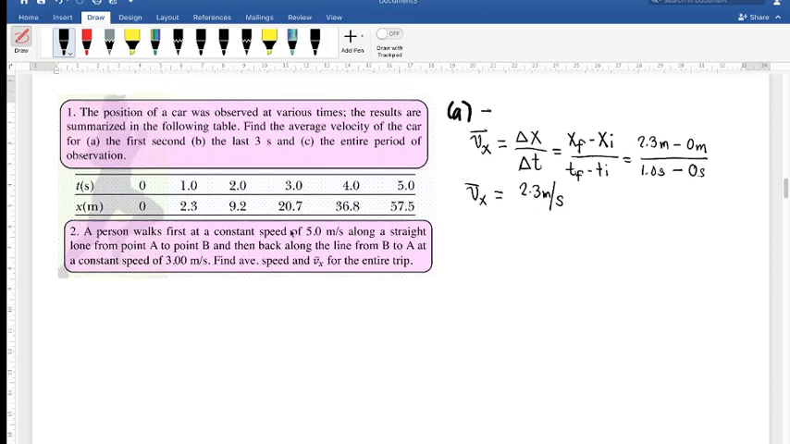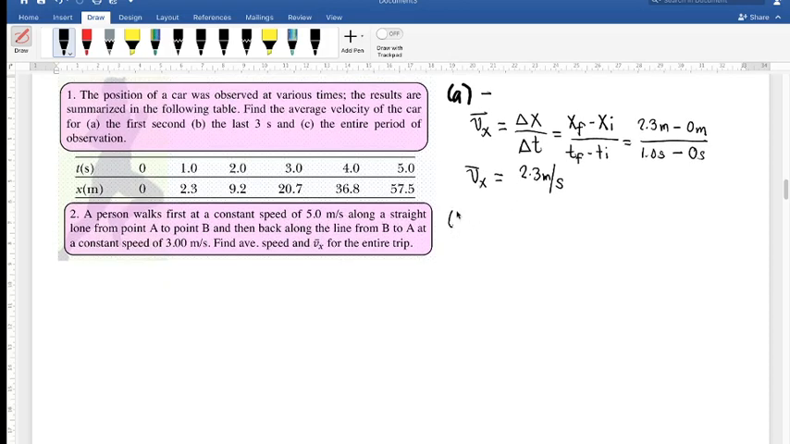Okay? So how about for the last 3 seconds? So letter B, the last 3 seconds. So the last 3 seconds is starting from 2 seconds and ending with 5 seconds. So ito yung the last 3 seconds natin. Okay? So the average velocity is given by, again, the displacement, the change of your position divided by the change of your time, delta t. So ano yung final position mo? So that is 57.5